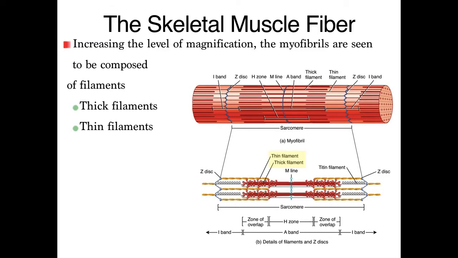So just to prompt some old information, right? Remember when we were talking about the organization of muscles? We said that the whole muscle itself is bound by the epimysium, and it contains bundles of bundles of bundles, keep going smaller and smaller, right? So the muscle itself is bound by the epimysium, and it contains bundles called fascicles, and each fascicle is bounded by the perimysium,